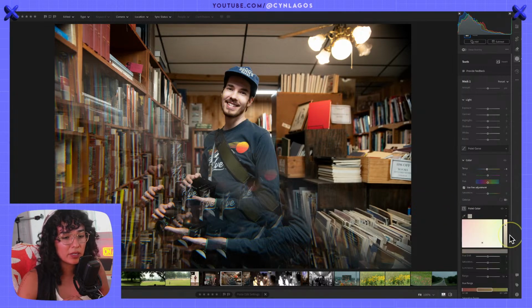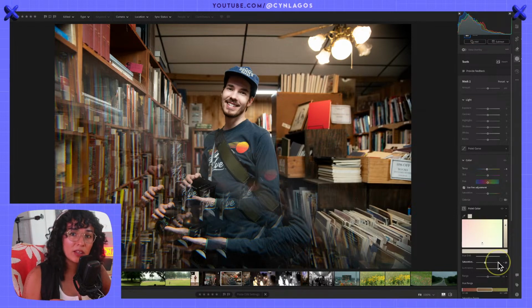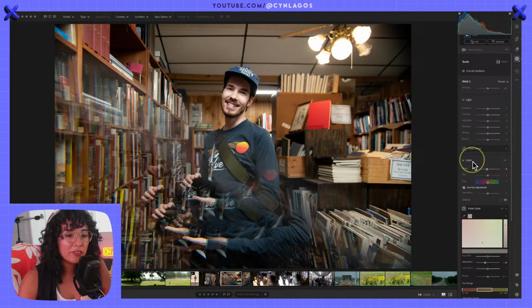So the yellow is not as strong, especially using something like point color. It can help in finding that palette and decide, okay, what color do I want it, or do I want it to be desaturated? There's just a lot more control, right? So if it has a little bit of yellow and you desaturate it, it enters an area where it isn't quite white. We don't want really crazy white teeth, but it still has that level of like, okay, we removed the yellowness and now it's desaturated. So it still has that luminance and natural color to it. And I feel like that's much better.